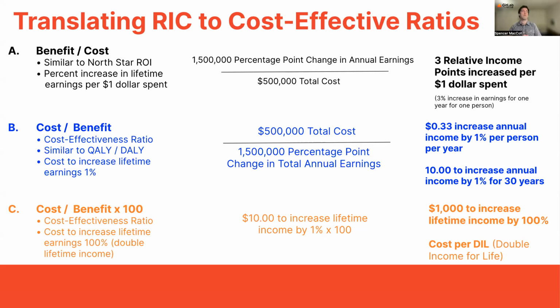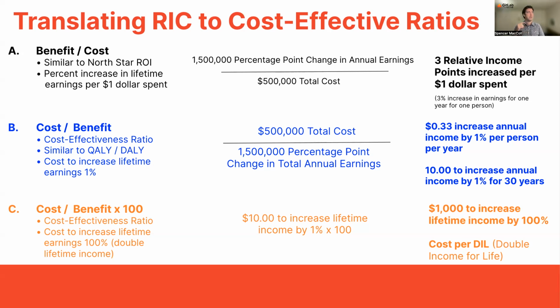In this case, we divide the 1.5 million points by the $500,000 grant cost. And we see that we're increasing 3 relative income points per dollar. This is basically saying that we're going to increase someone's earnings by 3% for 1 year. That could work, but we think flipping the ratio could be a better way to communicate our threshold externally and